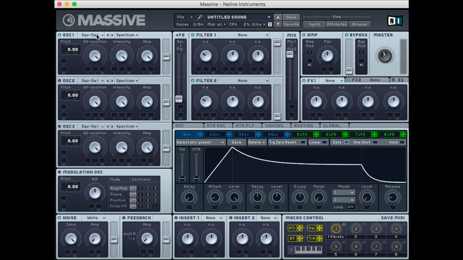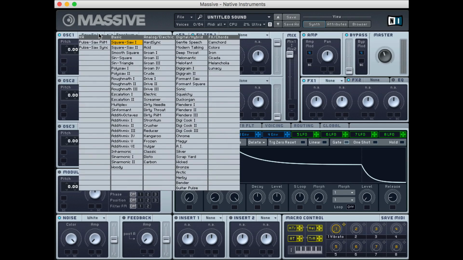Let's get started. So first up, we're going to start in our oscillator section, just like we always do when creating a patch in Massive. So what we're going to start with in oscillator 1 is a wavetable known as camchord, which is over here